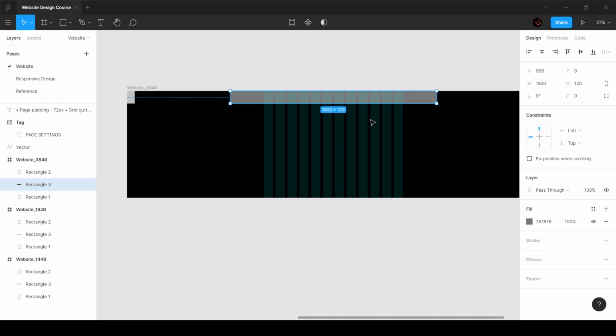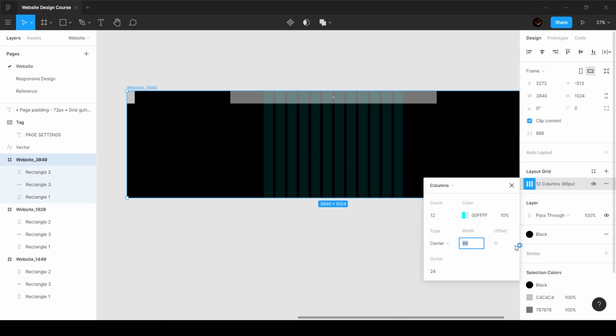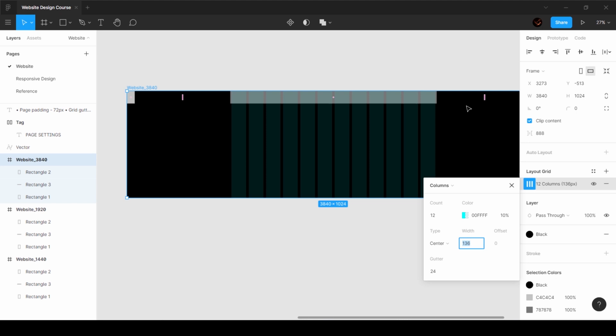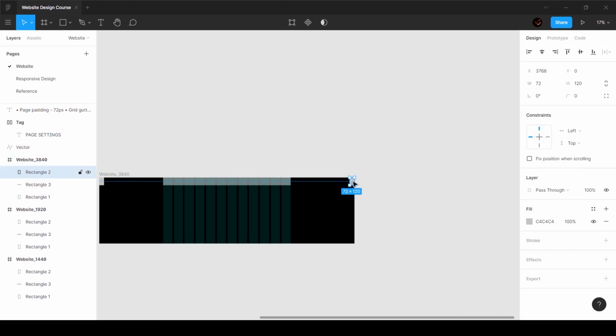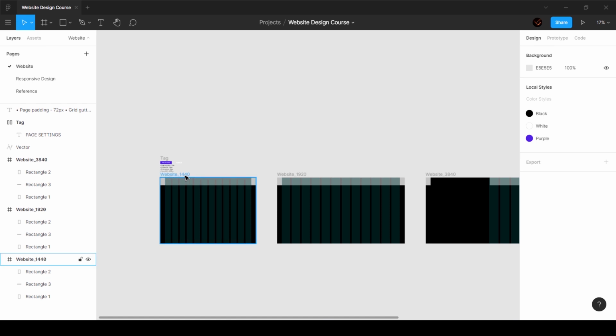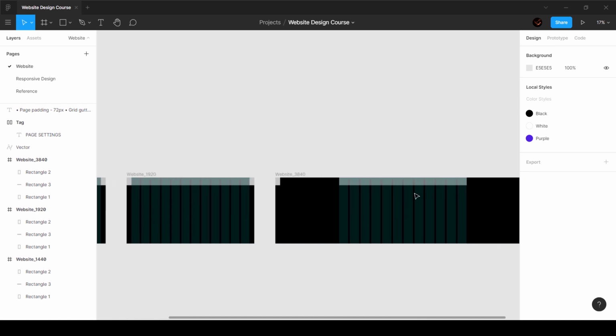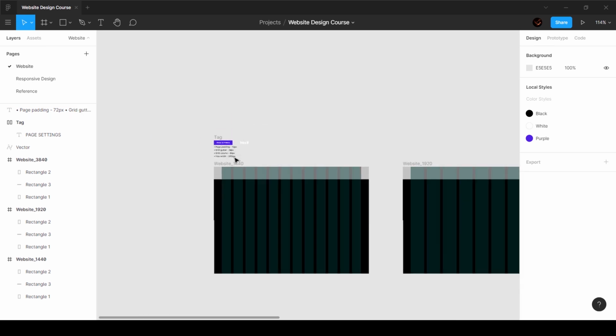Move this to the center over here. And then we're going to set the grid of this to increase. We can increase the width until it touches the 1920 pixels, and at 138 pixels width, we get this, right? And this is how it's going to look. So if you look at the grid, you're going to understand how it is. At 1440, we've got this, and at 1920, the grid expands, but it stops expanding at 1920 because we said max width to be 1920, right?